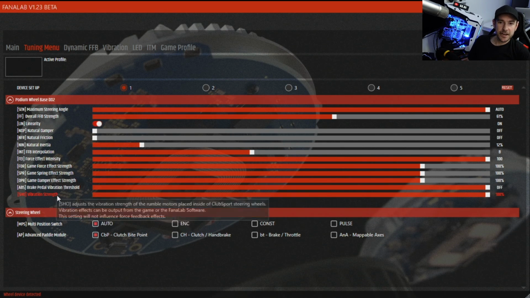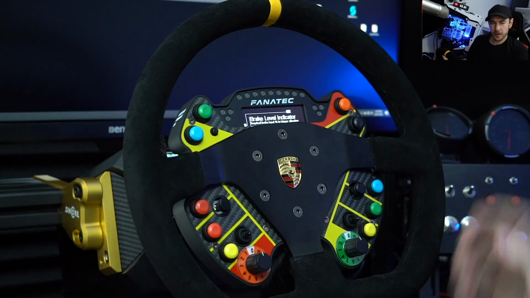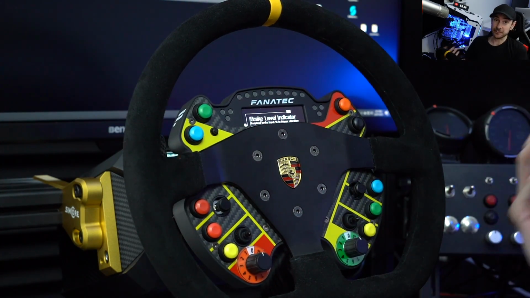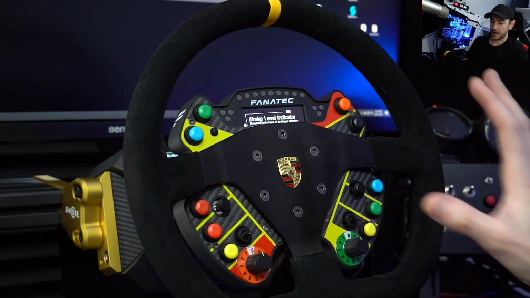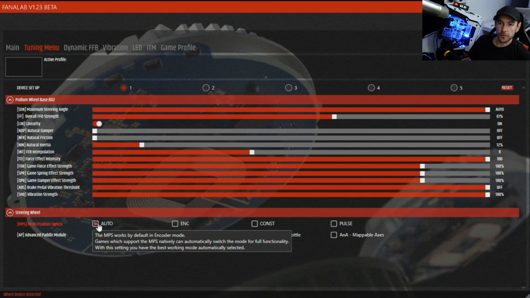And then the next setting is our vibration strength for the rumble motors in your wheel. So some of the Fanatec wheels actually have vibration motors built into them, and this is very self-explanatory. It's literally just the adjustment that controls that. So we've got a couple of other little tabs here as well, which we'll just quickly skim over. We've got our multi-position switch adjustments here. So we've got an automatic setting,